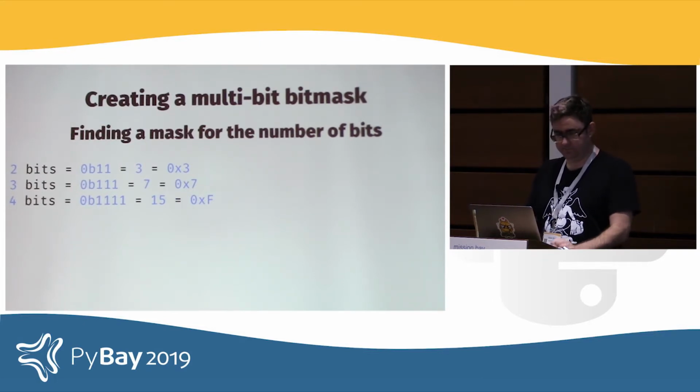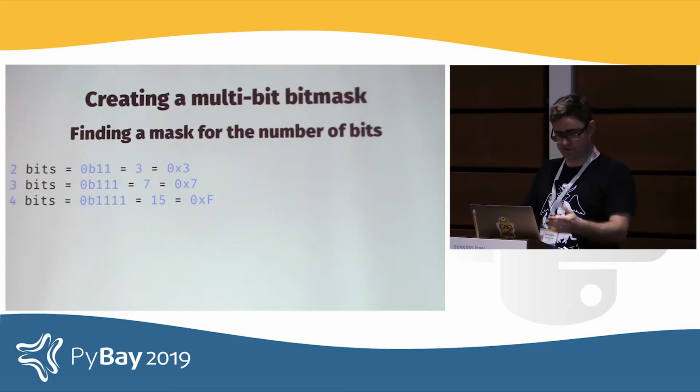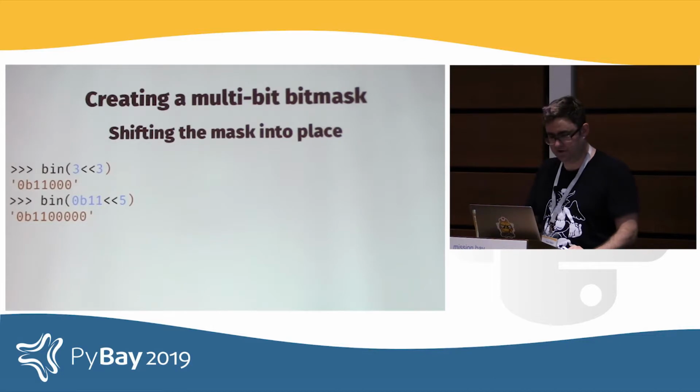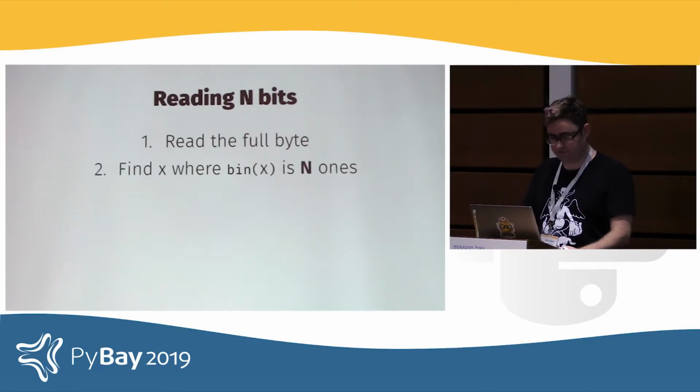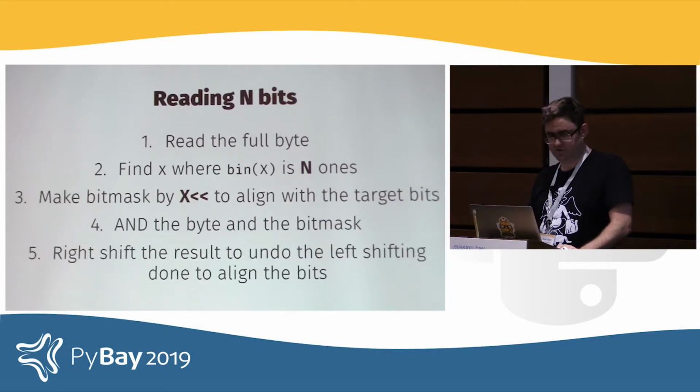And here's an example of some multi-bit bit masks. Again, if you want 2, 3, or 4 bits, you can either do it in binary, decimal, or hex. And then you'll be shifting things around. So how are we doing this? We're reading the full byte. Then we're going to find X, where binary X is n ones, make a bit mask, shift it over,